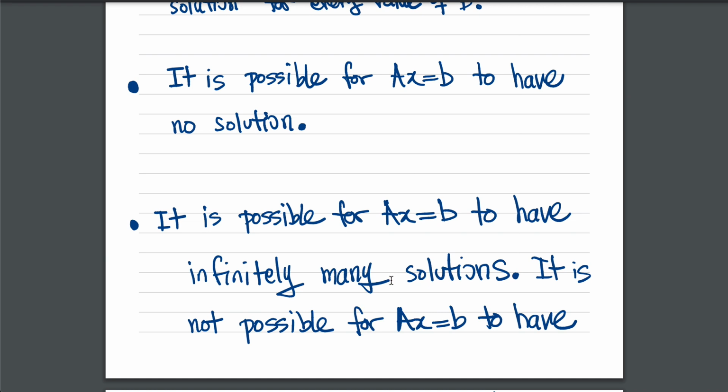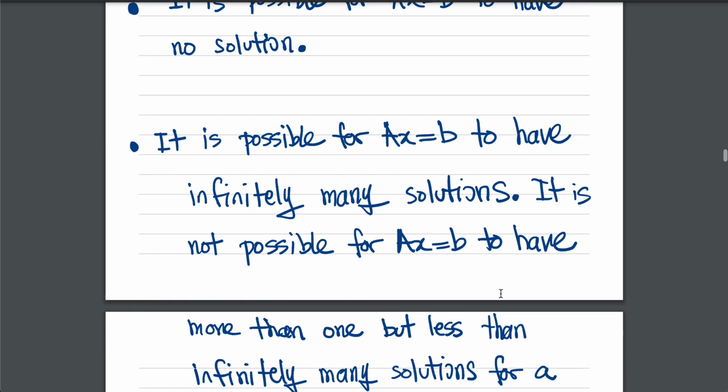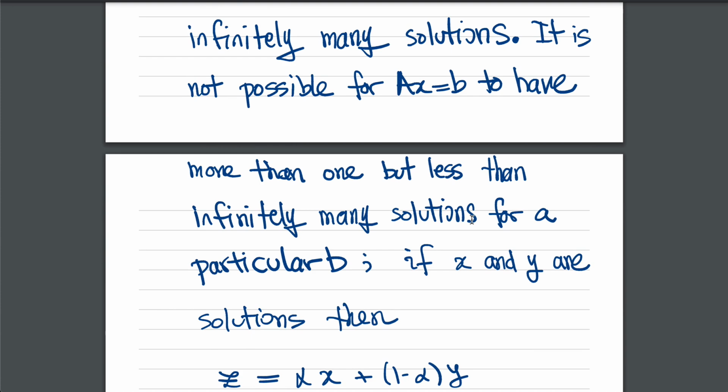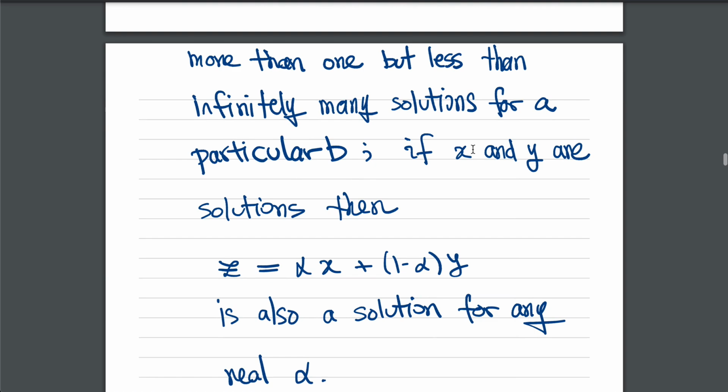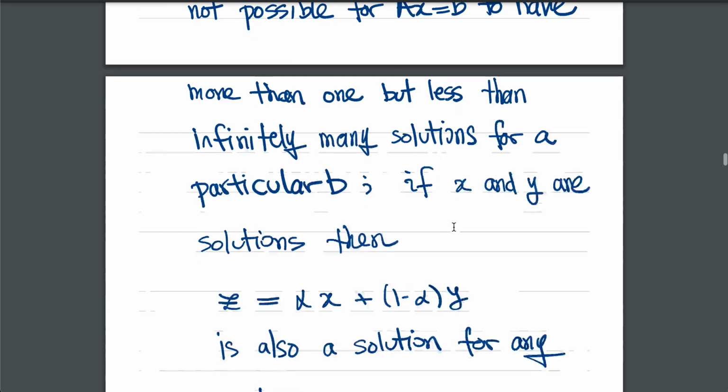And why is it infinitely? Why is it not 2? Why is it not 3? Well, here's the thing. It's either no solution or one solution or infinitely many solutions. Why? Imagine AX equal B. There are two solutions for it, X and Y. Well, if X and Y are two solutions, meaning that AX is equal to B and AY is equal to B, then